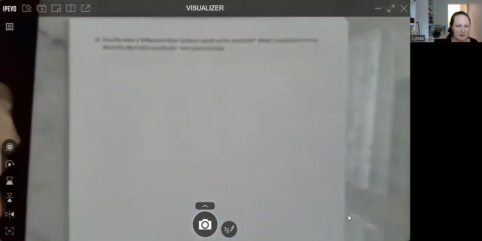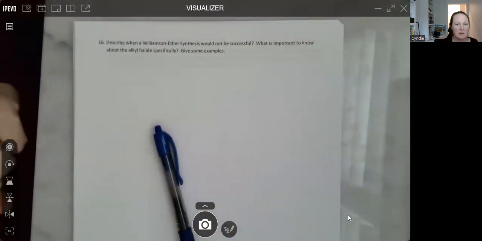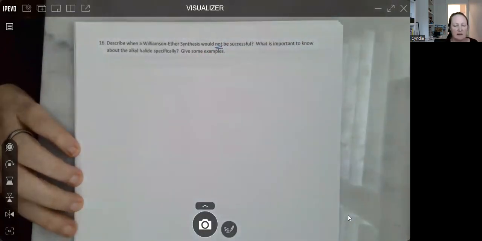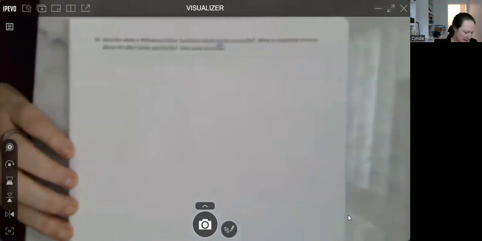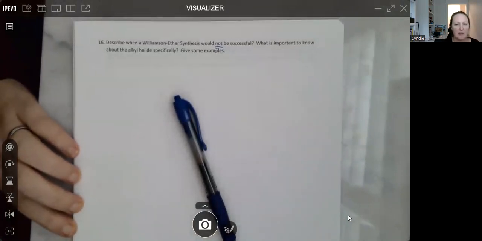Describe when a Williamson ether synthesis would not be successful. What is important to know about the alkyl halide specifically? Give some examples. Okay, so when would it not be successful? The alkyl halide must be primary, ideally. So methyl, primary, or in some cases secondary would be okay, but not tertiary, because we're relying on an SN2